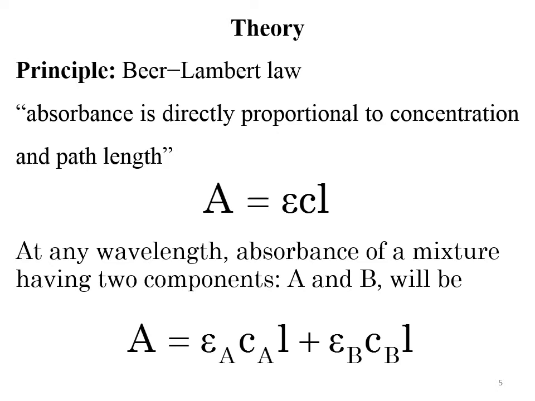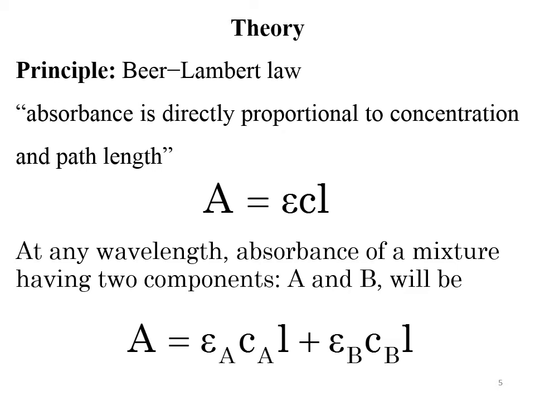The absorbance of a mixture only depends upon its percentage composition. One colored compound does not affect the absorbance of another colored compound unless they react chemically. It means if we have two colored compounds in the same medium and they are not reactive with each other, then they will not affect the absorbance of each other. So absorbance can be considered as an additive property.